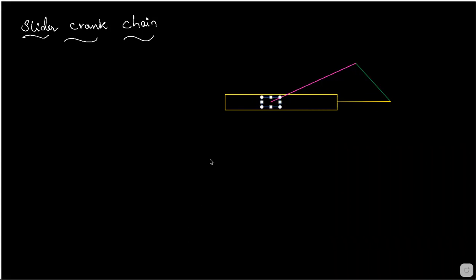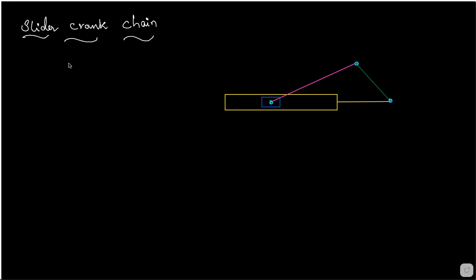So this is our slider crank chain in which one of the links is rotating for 360 degrees. You can see the joints of the smallest link. This is the smallest link over here, the green one. So on either side, these two joints will have the freedom to rotate 360 degrees. And here you have a revolute joint. So this revolute joint will oscillate, right? And the slider will slide.